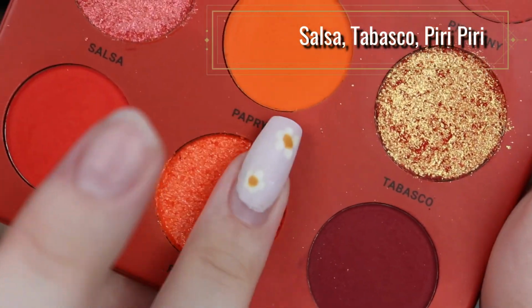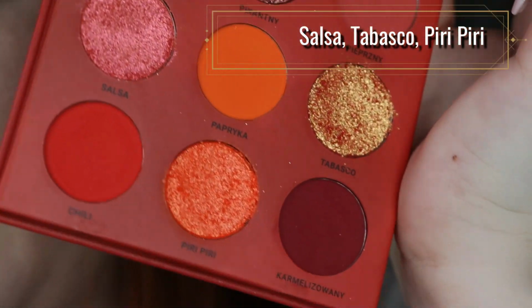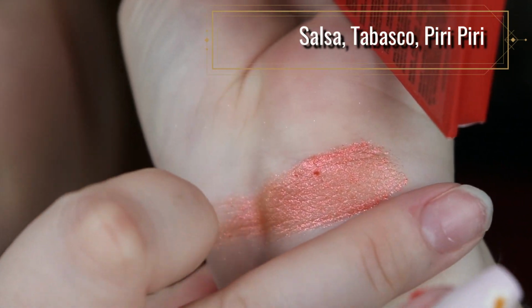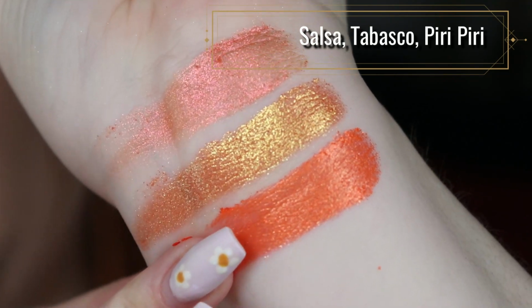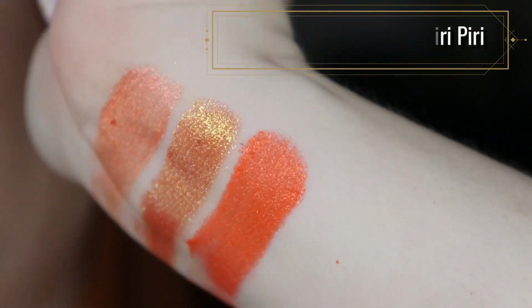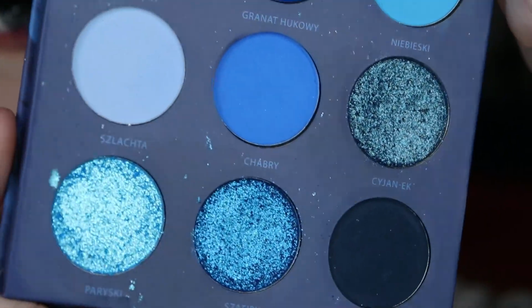So beautiful. And I would 100% recommend all of these mattes. These are so pretty. And look at how deep that is. So that is Salsa, Tabasco, and Piri. Whoa. Those are insane. I swear they're so pretty. And I'm not sure if I'm actually going to swatch anything from this. I mean, I guess I could swatch...